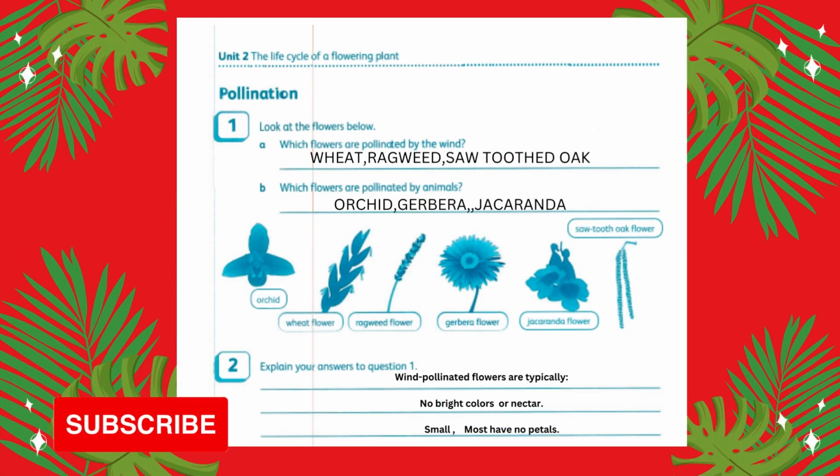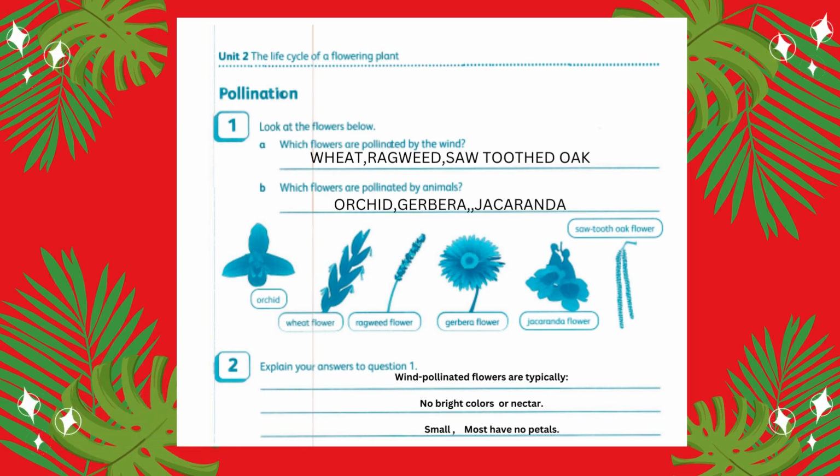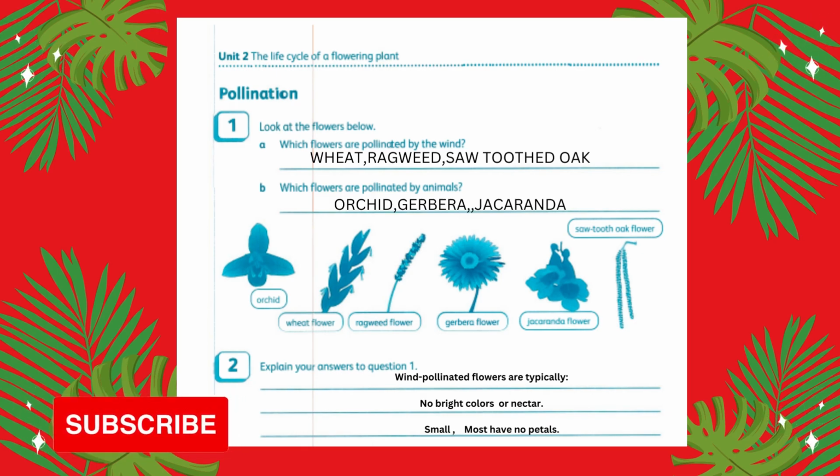Now, the topic is pollination. Number one, look at the flowers below. A, which flowers are pollinated by the wind? B, which flowers are pollinated by animals? So, you have to look at all these. Wheat, ragweed, sawtooth oak are pollinated by wind. Orchid, gerbera, jacaranda